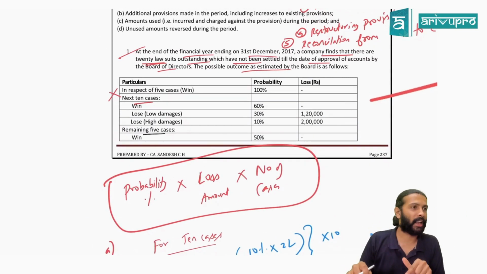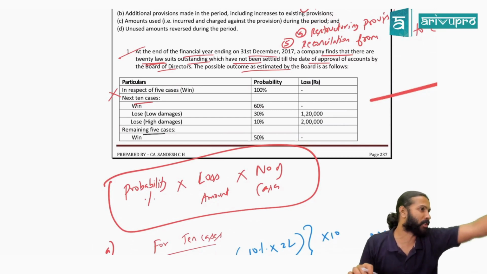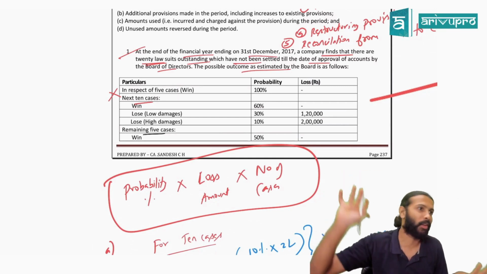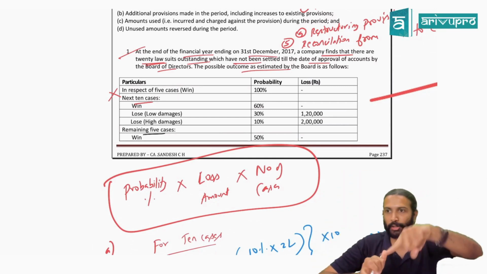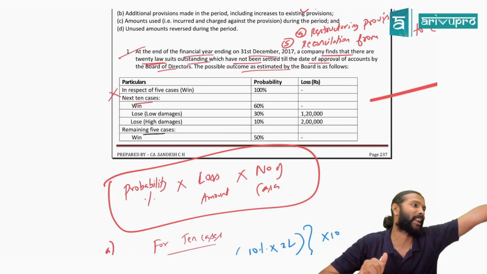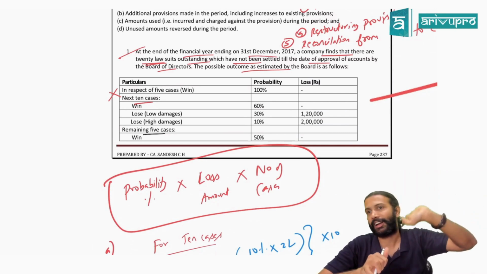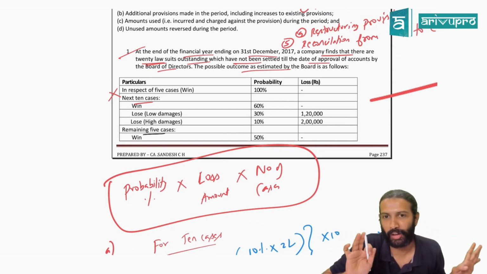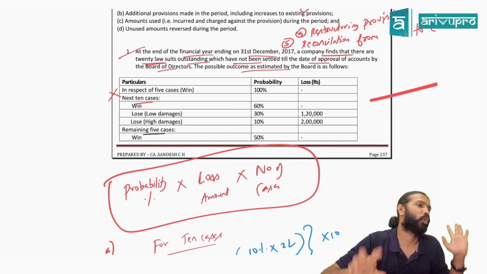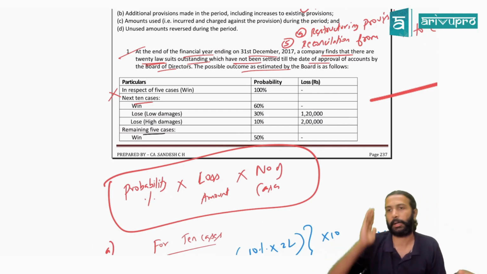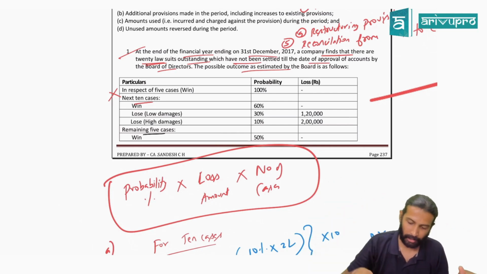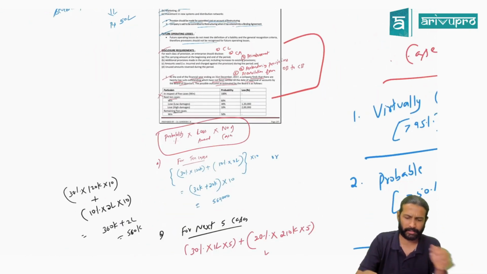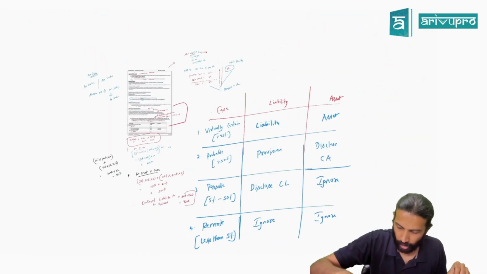If you do the amount calculation properly and show it, but instead of provision you write contingent liability, full knock off. Because disclosing something and accounting something is entirely different. Don't expect marks in that case. You'll say, I did everything, sir, only one word I missed. Okay, but that word makes a huge difference. So watch out what we need to create, provision or contingent liability. Then only apply this formula. You will get this. Easy now.